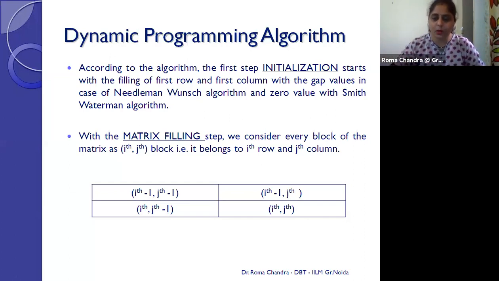This is the same column. So the column is the jth column. And similarly, here this is the previous column, so this is the j minus 1 column, and previous to this, this is the i minus 1 row. The positioning I'm just telling you, so that it will be easier for you while writing the algorithm.